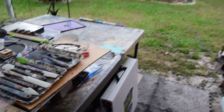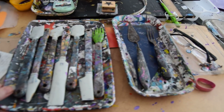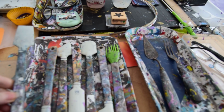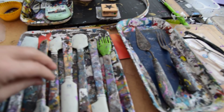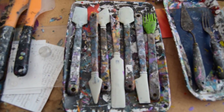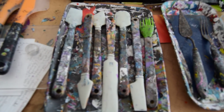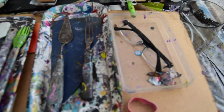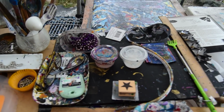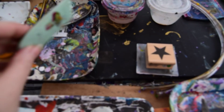Show you some tools before we go into the studio. There's a couple of different trays of the Princeton Catalyst Art Tool Spatulas. Right there. There's flat nose, round nose, pointed, rectangular, half a blade. I've got palette knives, got my glasses, got my back scratcher. That's really important, actually. I've got stamps I haven't used, and got all kinds of tools I haven't used, actually,